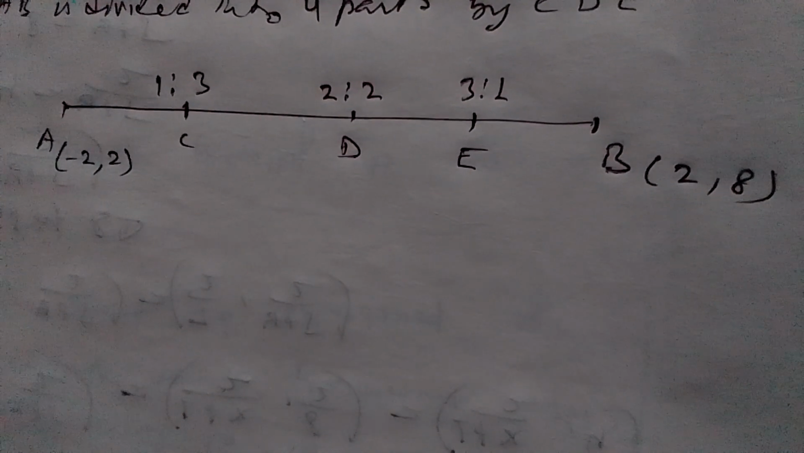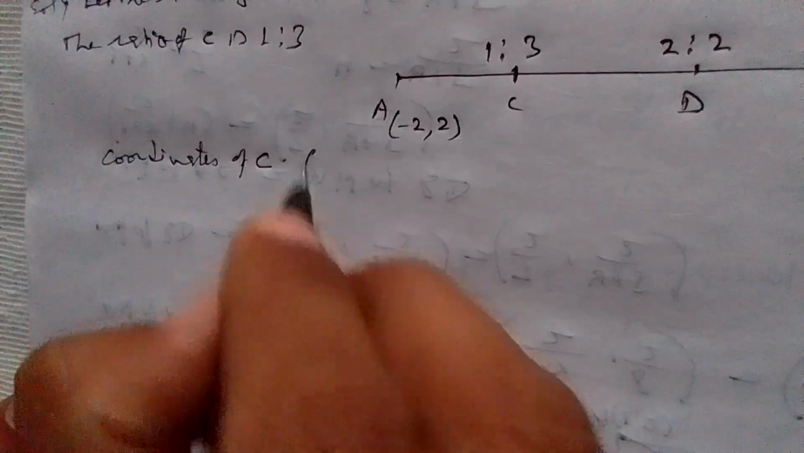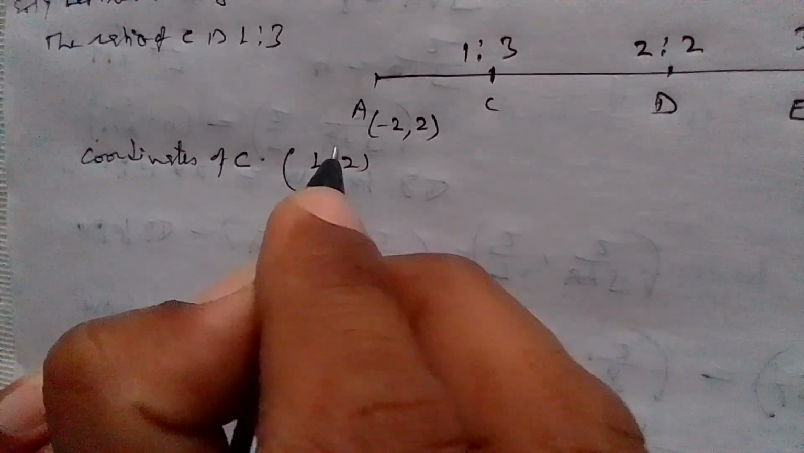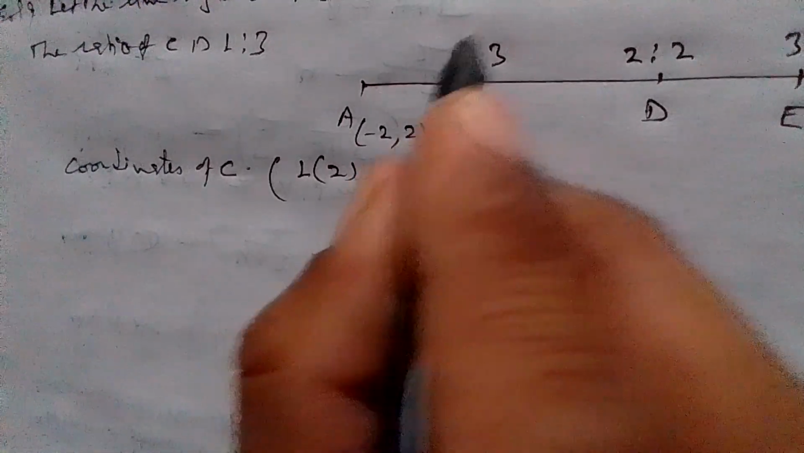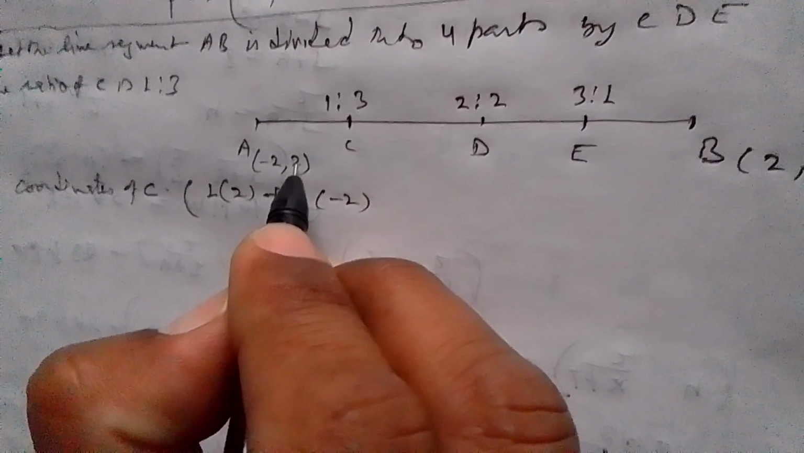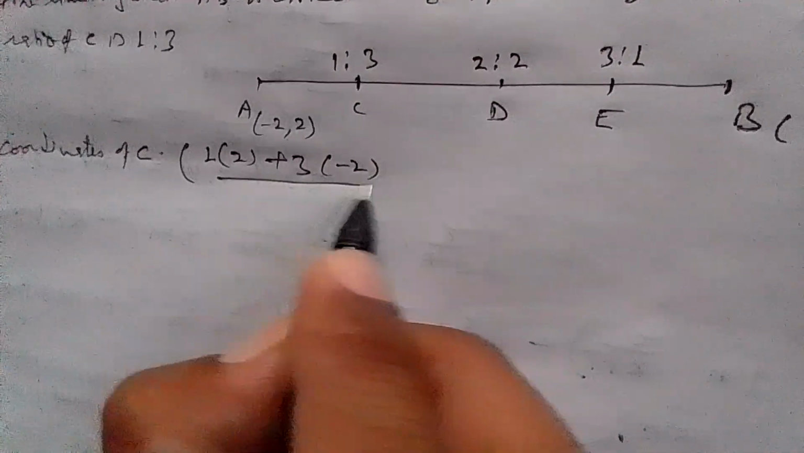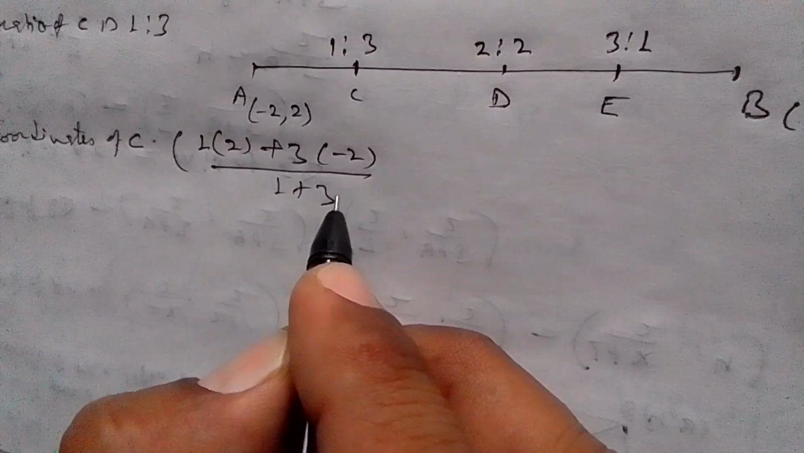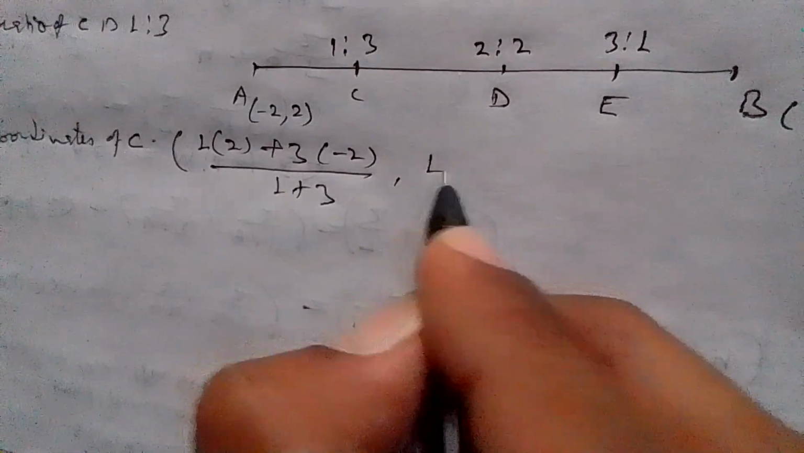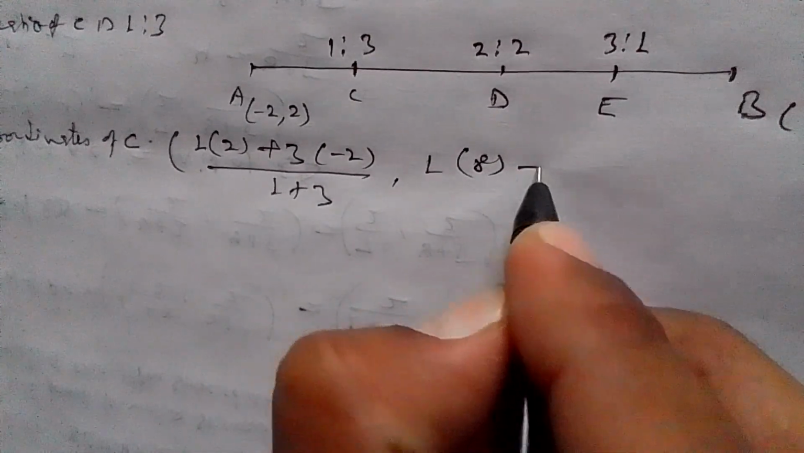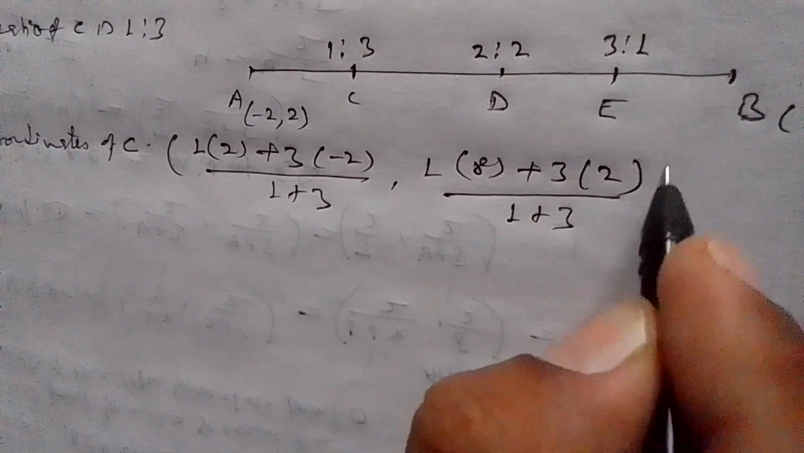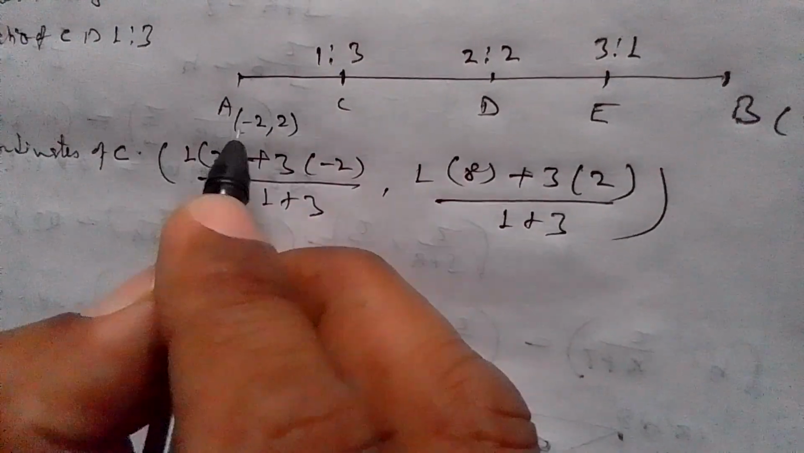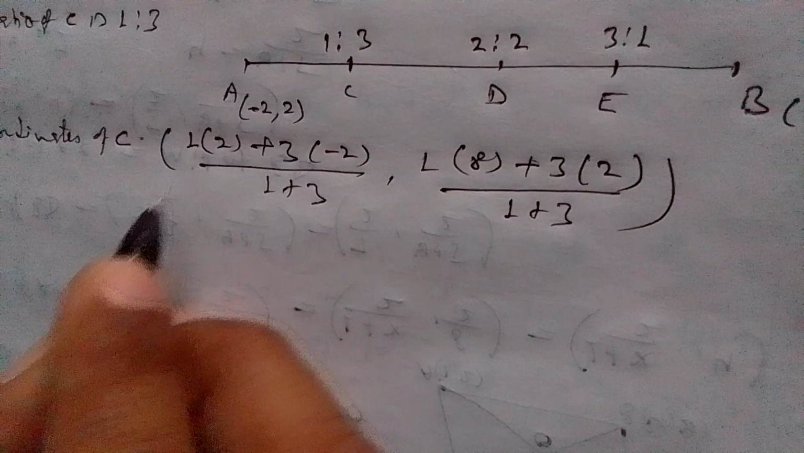So coordinates of point C are (1 multiplied by 2 plus 3 multiplied by minus 2) divided by 1 plus 3 comma (1 multiplied by 8 plus 3 multiplied by 2) divided by 1 plus 3. So it comes out to be